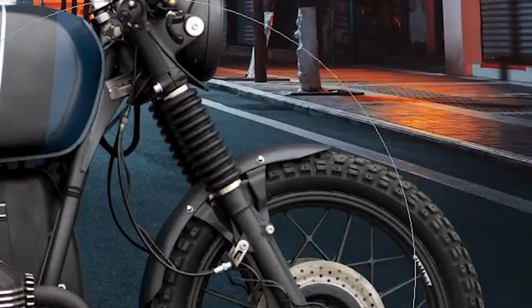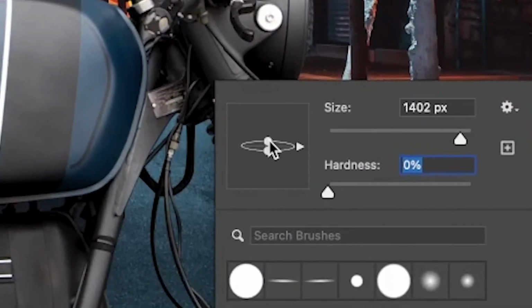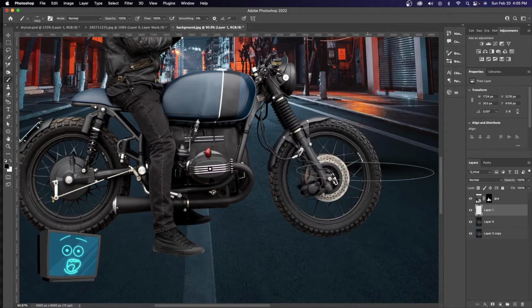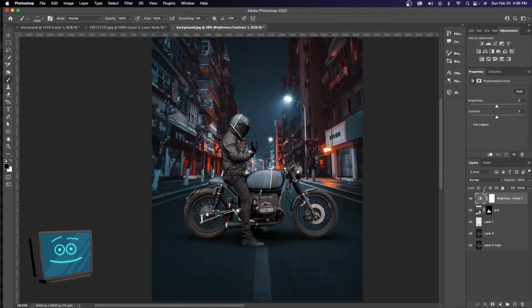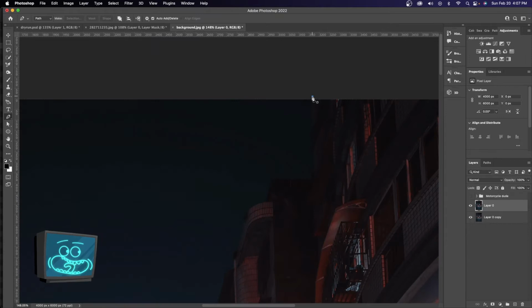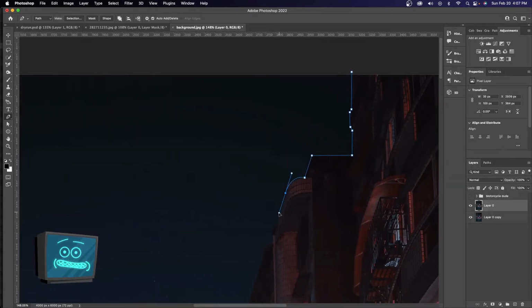Next, let's plant this guy. How do we do that? With shadows. So we grab our brush tool and we're gonna adjust it to match the perspective. And once again, we're just gonna dot. Less is more, trust me. Next, we're adding a brightness and contrast layer, clip it to the motorcycle guy, and bring it down. Now that we got our hero in place, we're gonna cut out the background. I'm just gonna go around these buildings, once again using the pen tool, and once again, I'm gonna go ahead and zip through this.